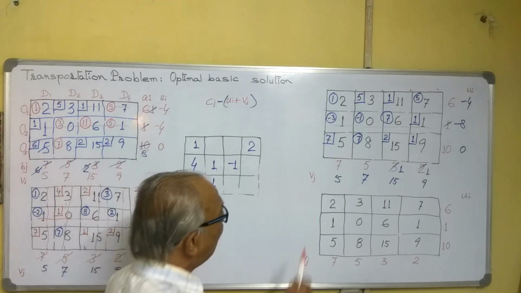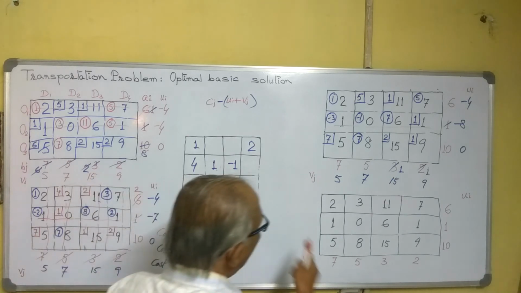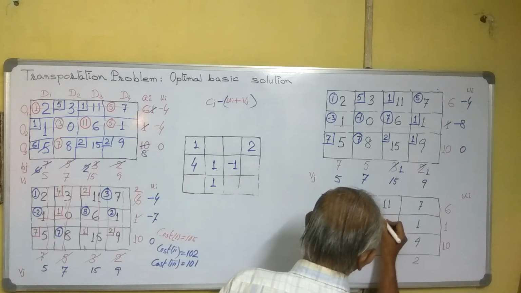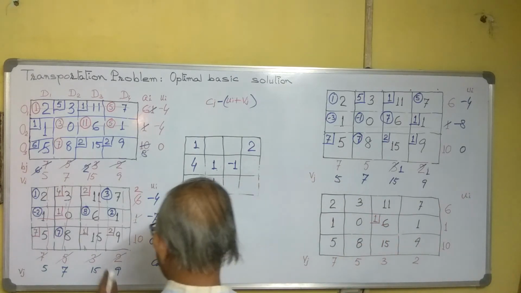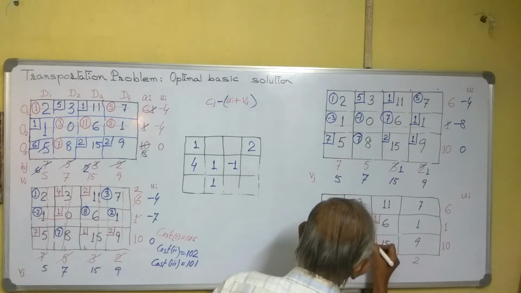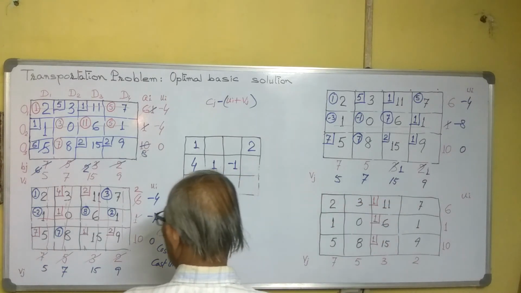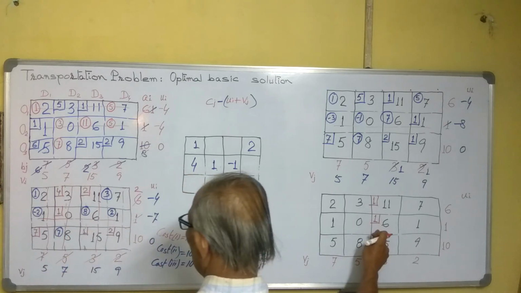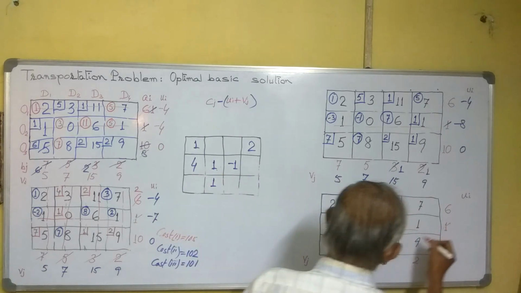So now we will come to this one, and this is the only negative cell. So we have to apply the first maximum possible. In this one there is 1 and 3, so we can apply 1. And what else was there? Here was 1. So we can keep this one also 1, and this way we can fill this up. Now as we have put 1, we cannot put any other values here. So this one is finished.